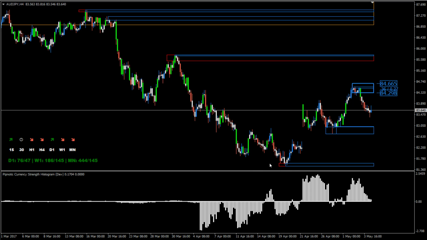We had another example of that just here. We had a low in price, a lower low in price. We had a low in the histogram and a higher low. What does that mean? That means you don't want to continue to sell. You want to wait for price to either break a trend line or to consume an opposing area of supply, which it did here when price moved above this. Yeah, so it's a really nice tool to use